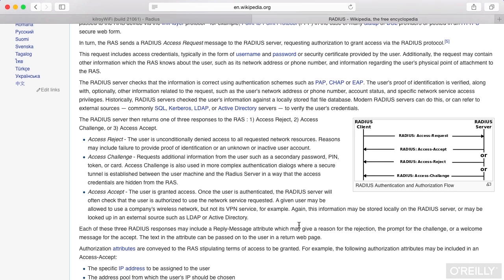We have a Radius server somewhere in the network that's handling the authentication for us, so that when we pass user credentials through, we are able to either authenticate or not authenticate the access attempt. And once that's happened, we can either allow or disallow the access to the network. Commonly, the credentials would be something like a username and password, or maybe even a security certificate that the user